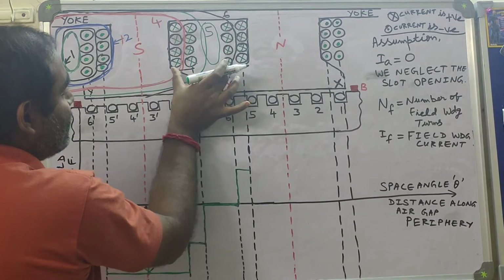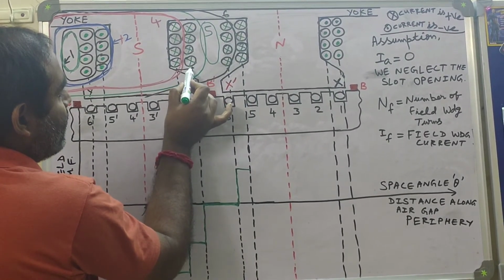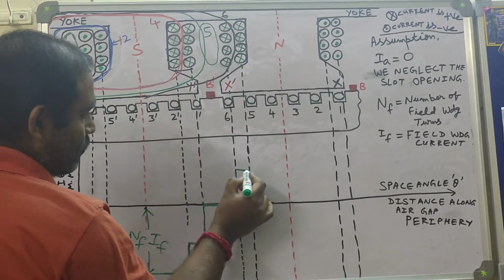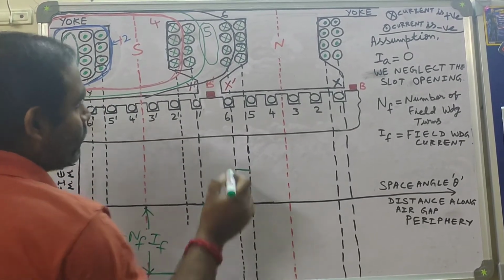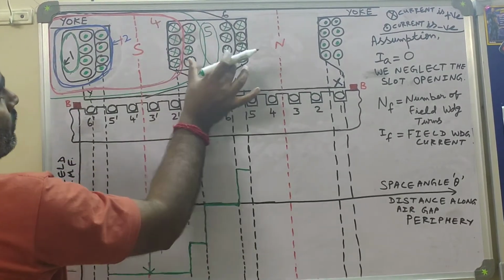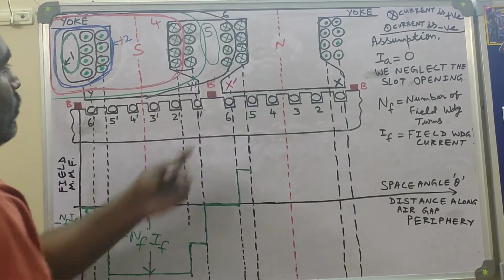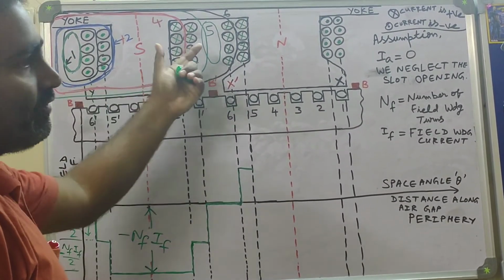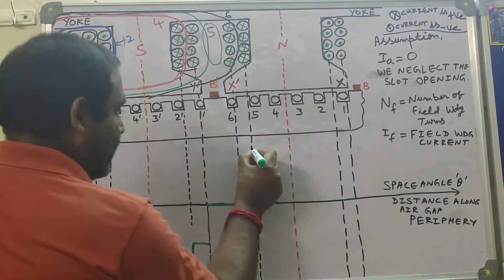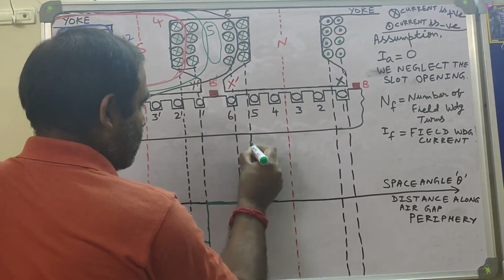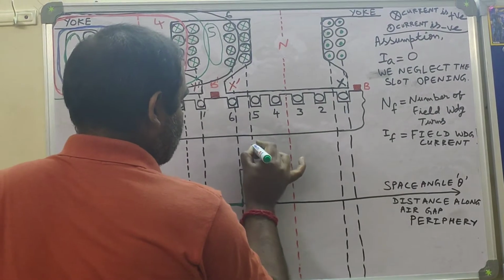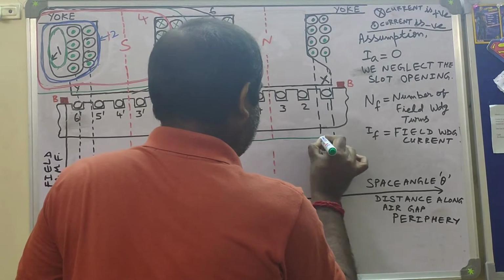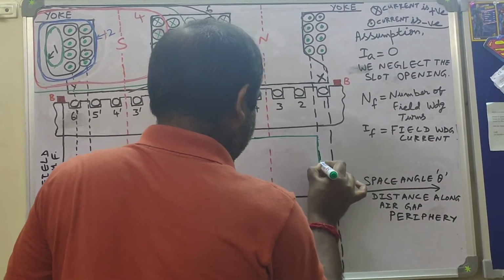But here, what is the net conductors? Cross current, here NF conductors, here NF by 2. So 3 by 2 NF, but here dot is NF. So net is NF by 2. So it is NF IF by 2. Now you take another path, you will find 4 layers. That means 2 NF is cross and NF is dot. So 2 NF minus NF is NF. So you find here again MMF is rising. So you apply the same logic. By applying that same logic, you will be able to figure out that MMF under this north pole will be like this. Okay.